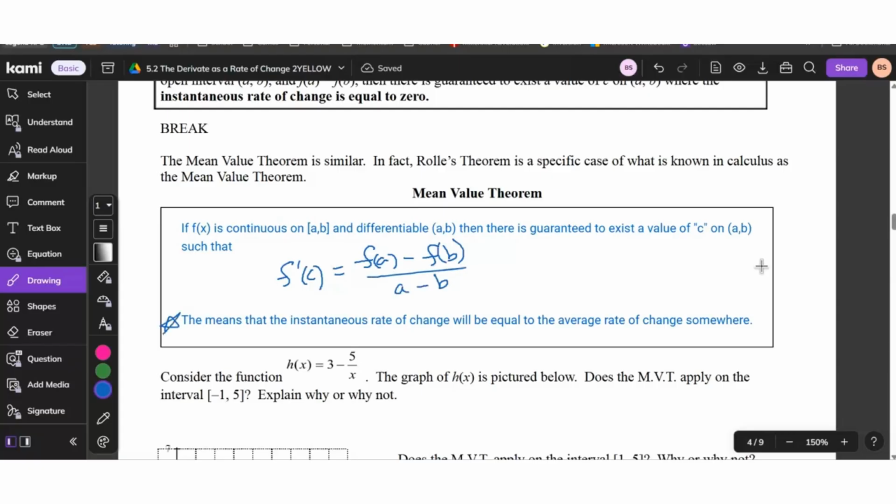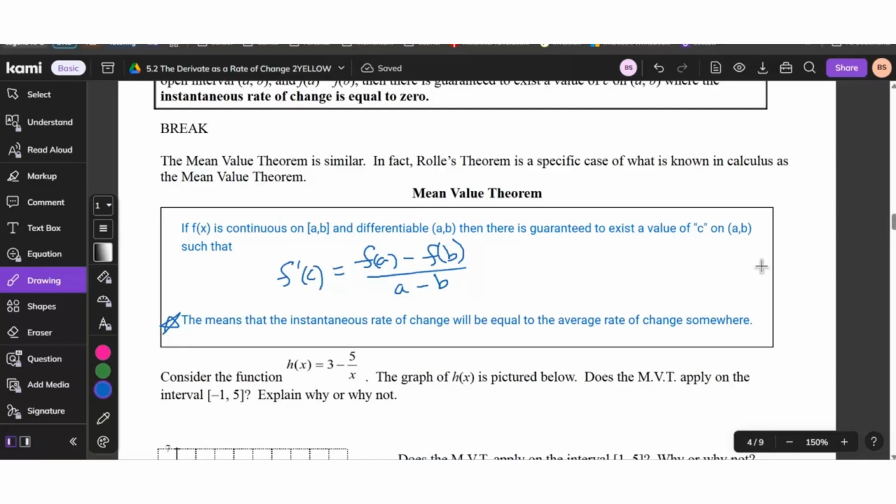And so then this is kind of that key thing. What it means is that at some point, the average rate of change and the instantaneous rate of change are equal. They have to be equal somewhere. And that's why with Rolle's theorem, if the two endpoints are the same, what's the average rate of change? 0, right? Because if they're both the same,